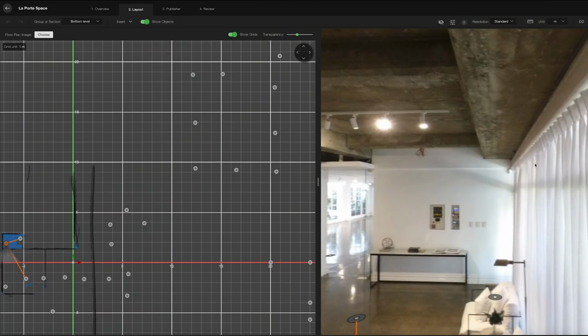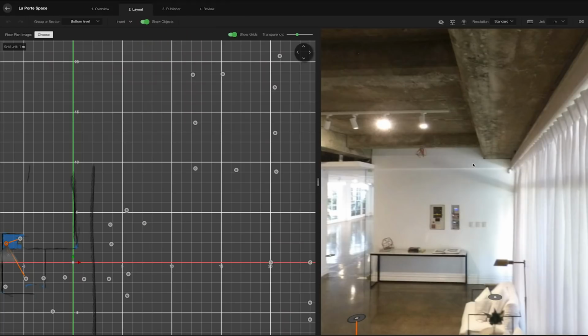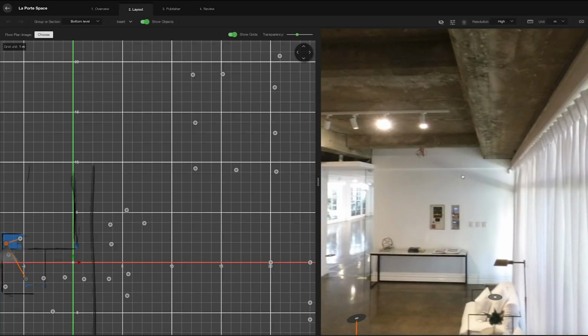So Cupix doesn't actually lower the resolution. Your files stay the exact same resolution as when you shot them, but to preview them and edit them, Cupix changes the resolution to either low or standard, depending on how fast your internet is. This is for ease of workflow, so you can get your virtual tour edited with minimal hassle. You can always change it to high, but essentially regardless of what resolution you use during the editing, it will always end up high resolution because Cupix uses the original photos that you shot. Okay, fine. Now, on with the show.